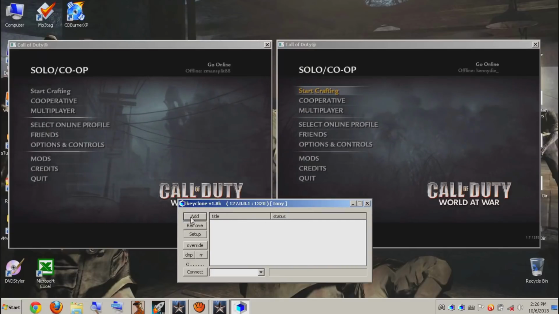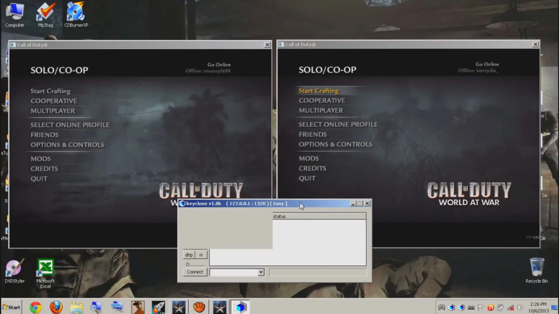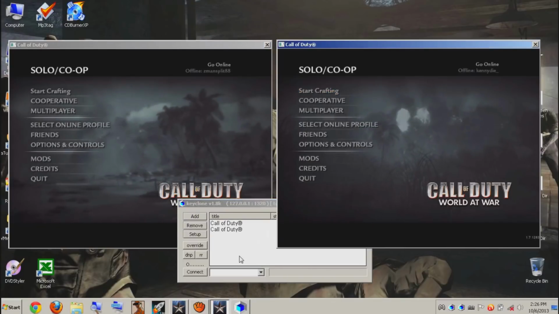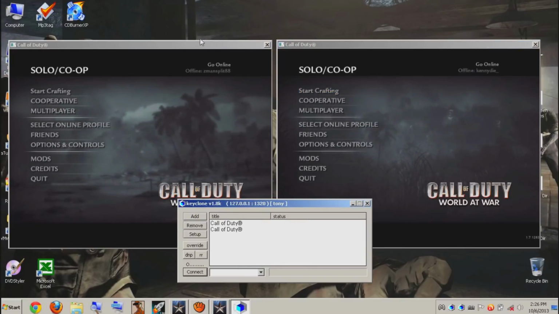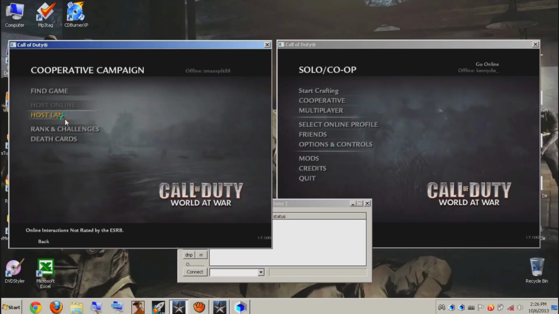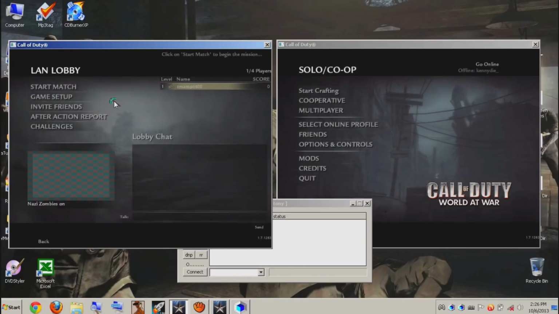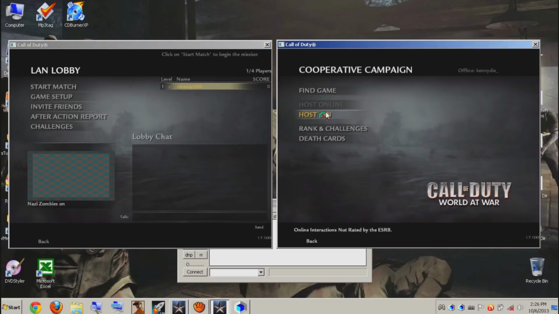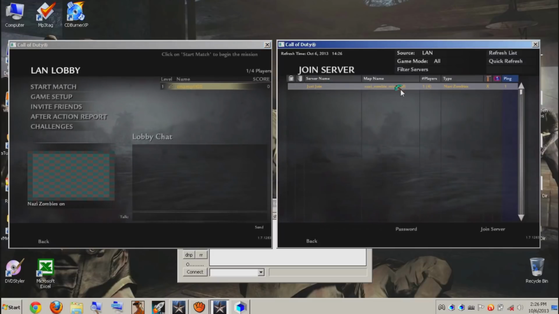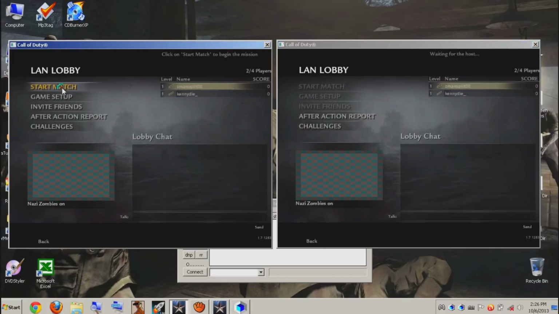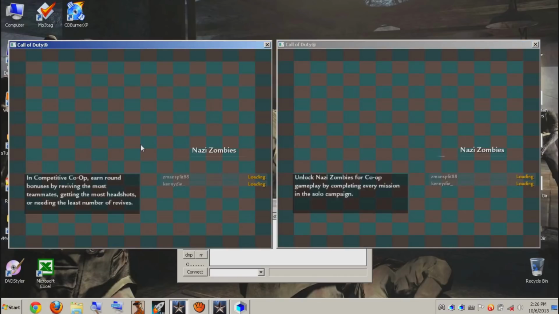Okay. You add this one. You add that one. So it looks like that every time. Okay. Now you can go cooperative, host, set up the game. You see it's Minecraft. Okay. Cooperative, find Minecraft, jump in, start the game up. It'll load both of us in here, and you can play split screen custom maps on your PC